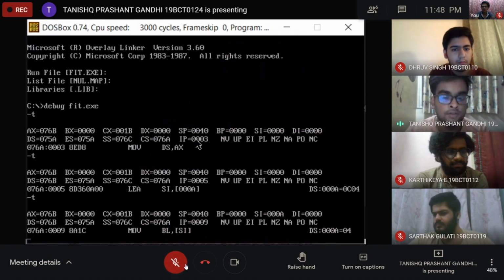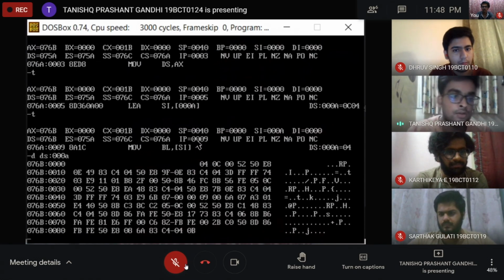Now we can observe that DS contains the 000A part. When we go to DS:000A, we will observe that 04 is at the address 076B displaced by A, that is 10 units. And so we are going to now find the factorial of 4.